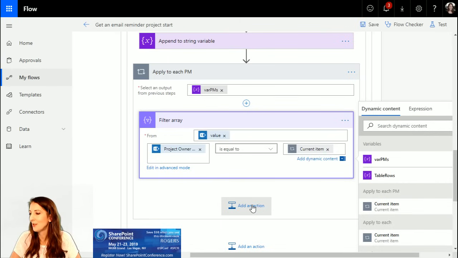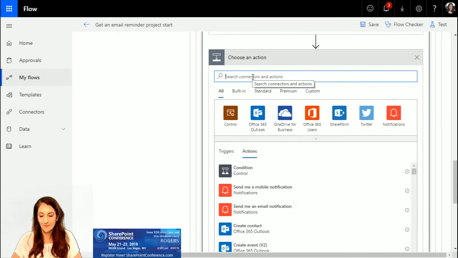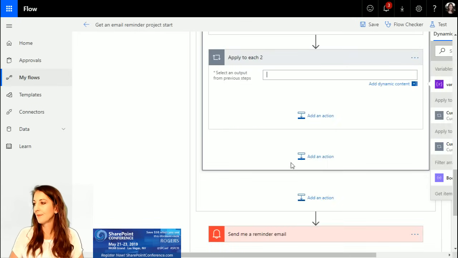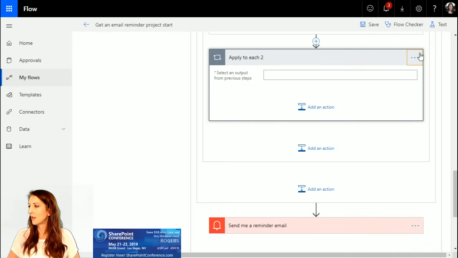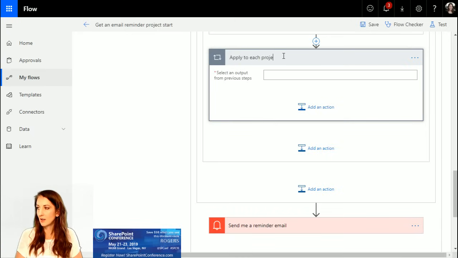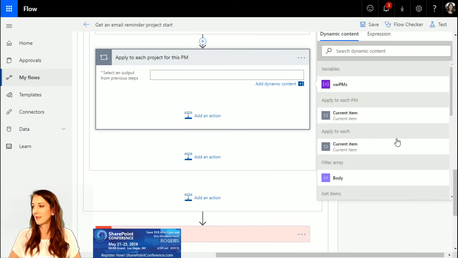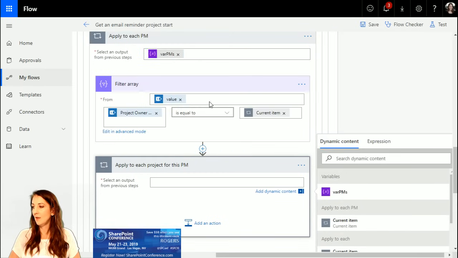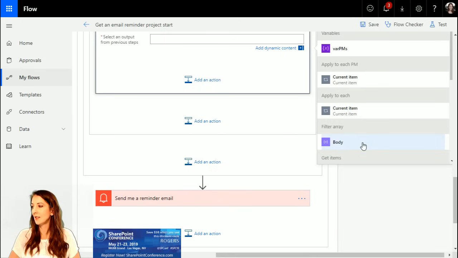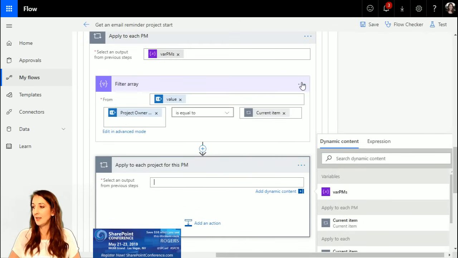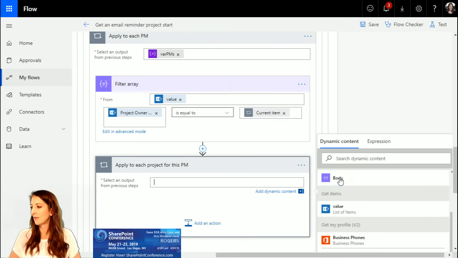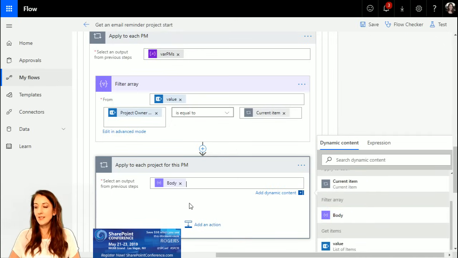So I have to do another apply to each. Apply to each project for this PM. And then for each what? For each things that get filtered in here. Now I noticed that, I think that's my filter array. I didn't name it anything, but there's my filter array right there. That's these things. Okay, for each of these things, then that's when it's going to do the append to string